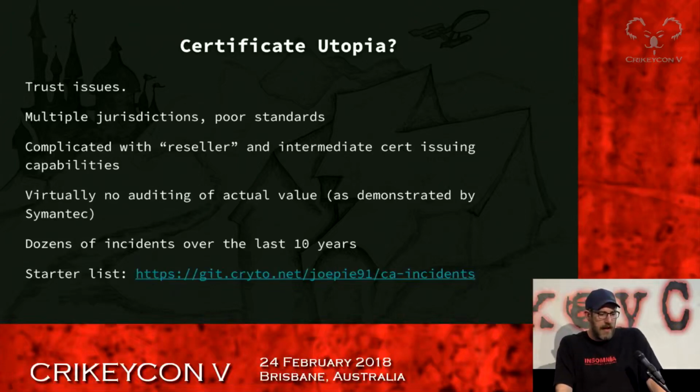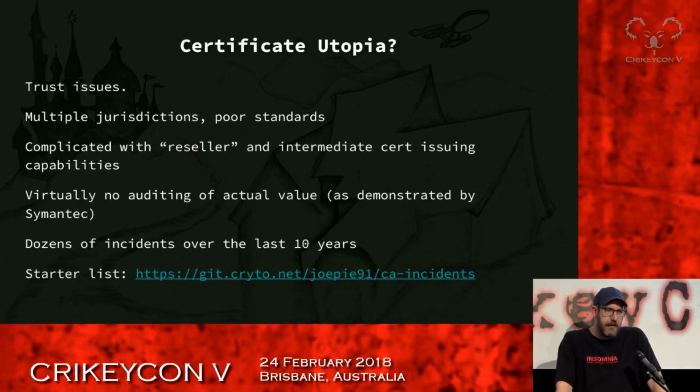And there's no auditing of actual value. There's no auditability in any of this, right? If you talk to people who spend a lot of time in the certificate space, this is the number one issue that's going around at the moment. In order to become a certificate authority, you have to go through the engineering work groups, you have to show that you've done a lot of work and that you're getting regular audits and this, that, and the other. And if you actually go request any of that information, they go, well, it's NDA, we're a corporate entity, you're a corporate entity, we're not going to share that information with you. So getting some transparency on what's going on is not that easy.